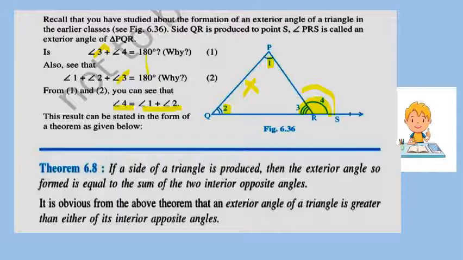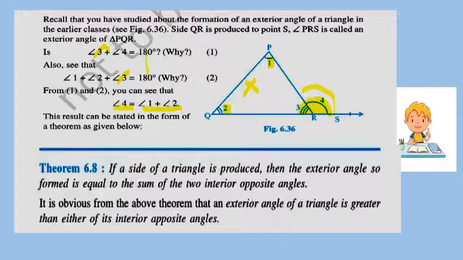Now when we equate these two equations, equation 1 and equation 2, what do we see? From both sides these angle 3 terms cancel, and what is left? Angle 4 equals angle 1 plus angle 2. Meaning the sum of these two angles is equal to the exterior angle